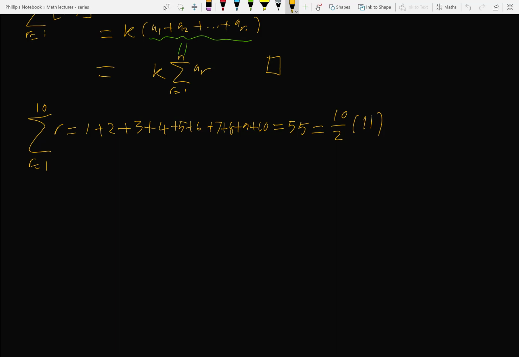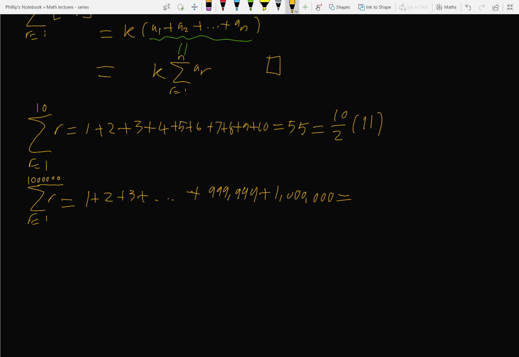Why is it useful? Well, it's useful because if we're doing the sum from r equals 1 to 1 million of r, so we've got to do 1, that is really bad, apologies for that, all the way to plus 999,999 plus a million. So if we were to add all them up, it would take a very long time. We could have made a typo on the calculator. There's so many errors that could have been made, but there's actually a nice quick formula that we can use